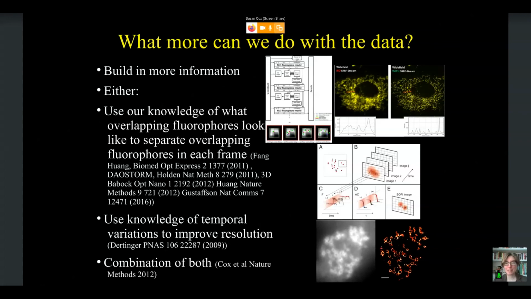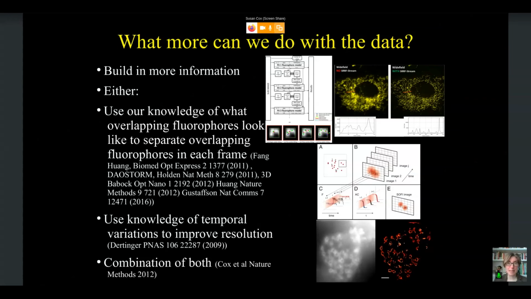There have been a lot of approaches for each of these methods. Particularly for using knowledge of what overlapping fluorophores look like in space, DAOSTORM was a very well-known early one. There's also Fang Huang's multi-emitter fitting, and of course Ricardo Henriques's SRRF. For temporal variations, there are fewer methods that have been made,